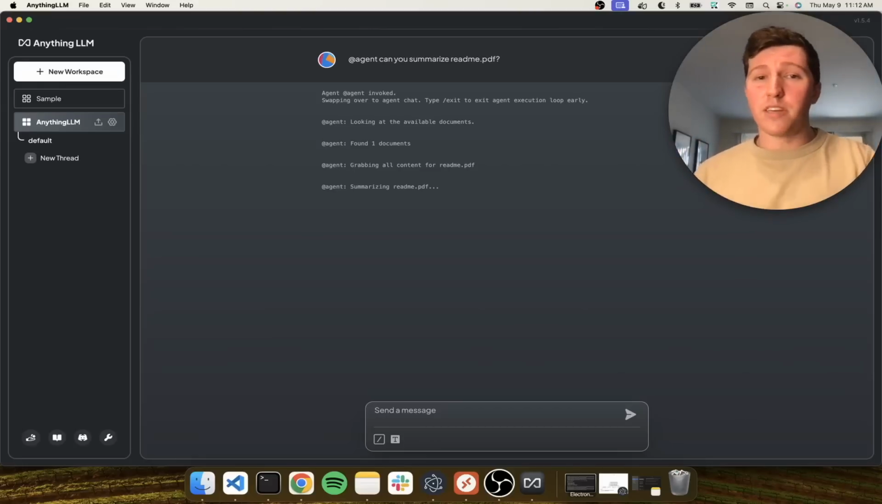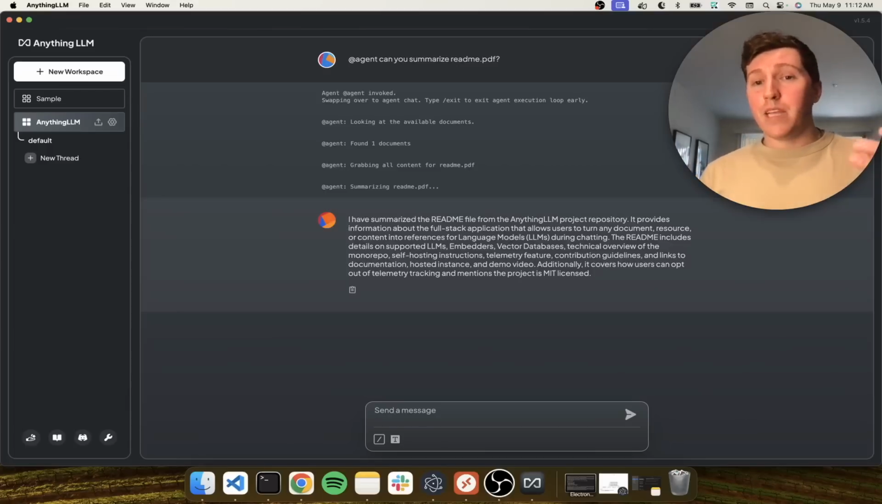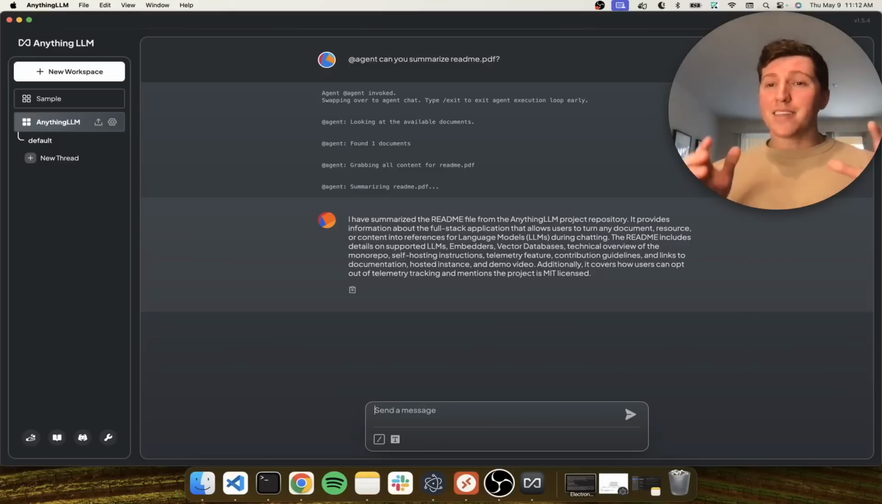And you can see it looks at the available documents, finds a document called readme.pdf, and then begins to summarize it. Again, this is all running locally within my network because I'm using my Windows computer, but it is summarizing. And you can see that it says it summarized it, did all this stuff, mentions it's MIT licensed. That is kind of the quick preview of what agents can do for any LLM when you put them